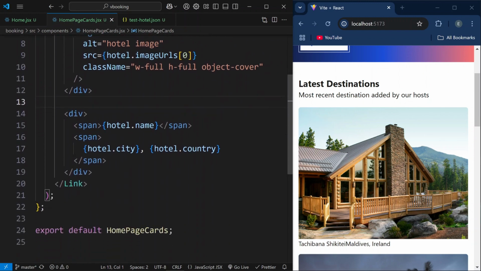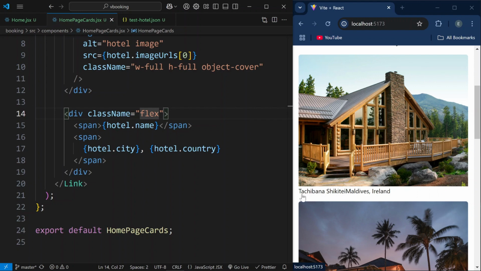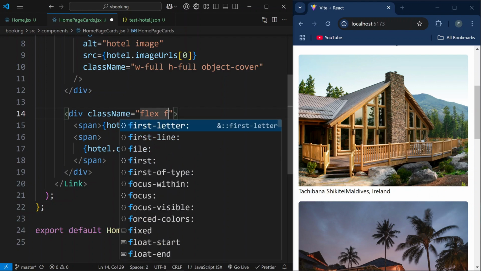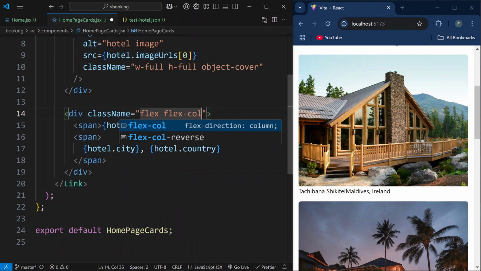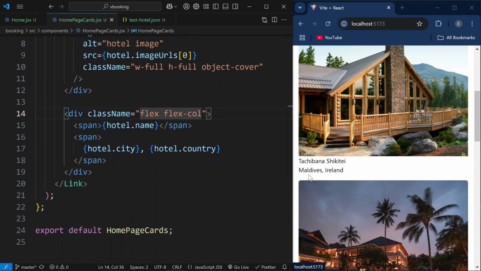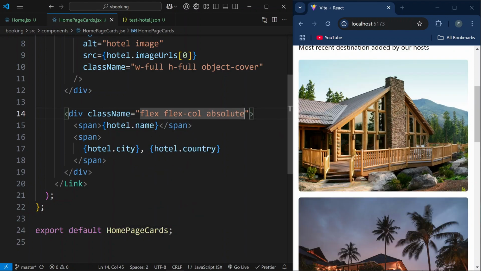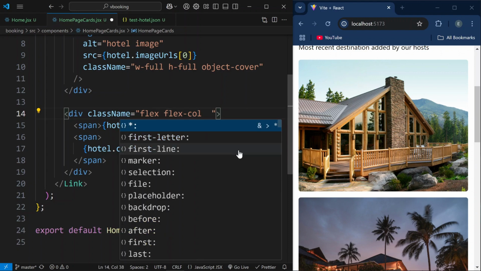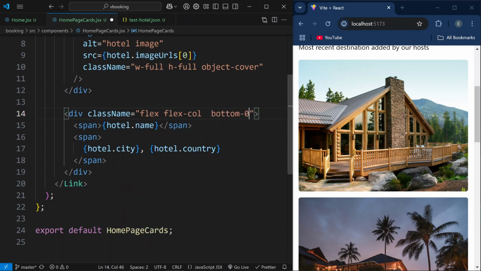Now let's style this children div that contains our location. Class name flex. So our location and name will be on one line, and if we say here flex goal, our name should come to top and our location should go to bottom. Now let's say here absolute so that our content will be on top of the image. When we use the absolute property, we also need to give a position. For example, let's give here bottom 0,